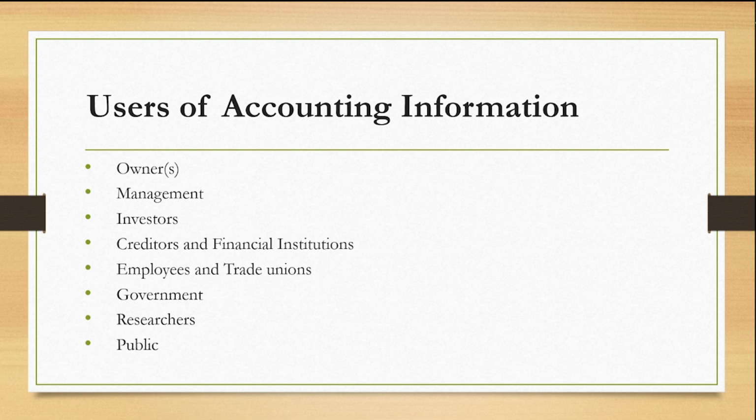Employees, an important part, whosoever is working with the current organization, want to know about the financial situation of the business. Government, the most important part, also wants to know the movement of business. Then researchers: there are a number of researchers who are doing research in different sectors. They also want to know about different sectors so that they can come up with good research and predict about a particular sector. Other than researchers, the normal public also wants to know about the situation of business.